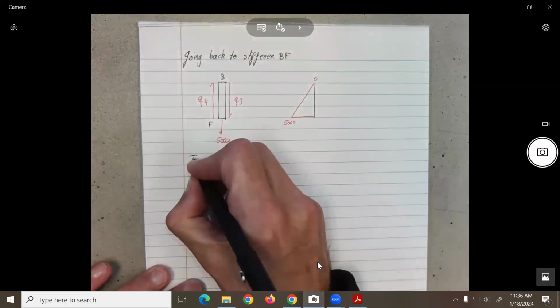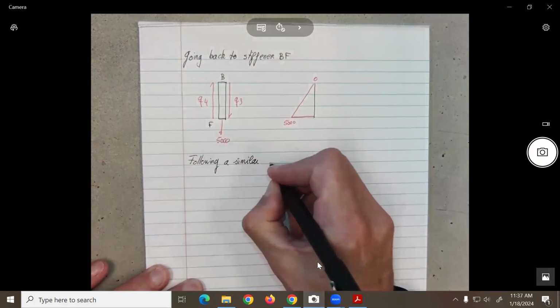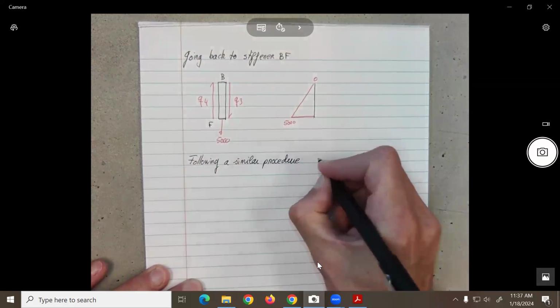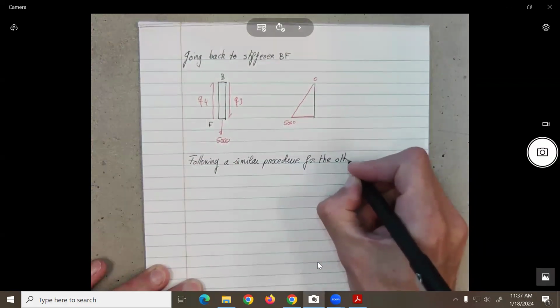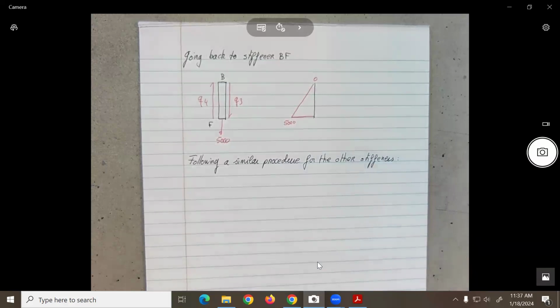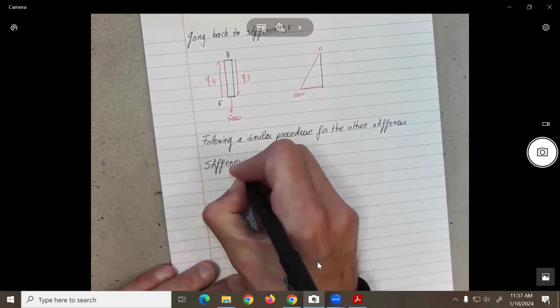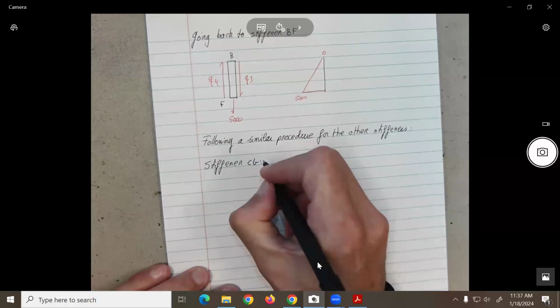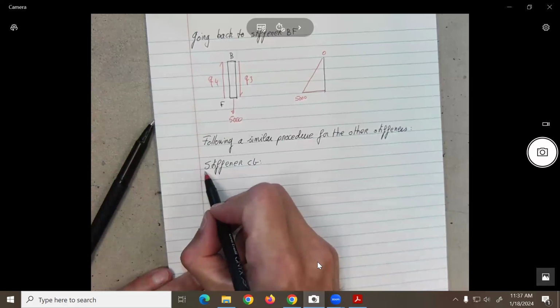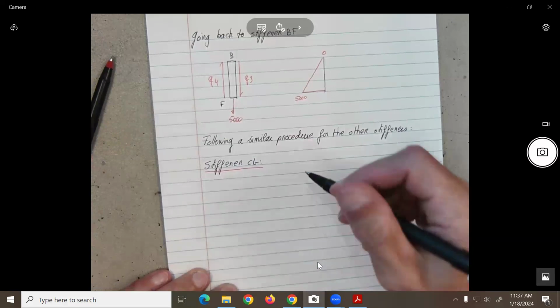And now I'm going to say, following a similar procedure for the other stiffeners, what you're going to get, so we're going to look first at the stiffener CJ. So this stiffener over here,